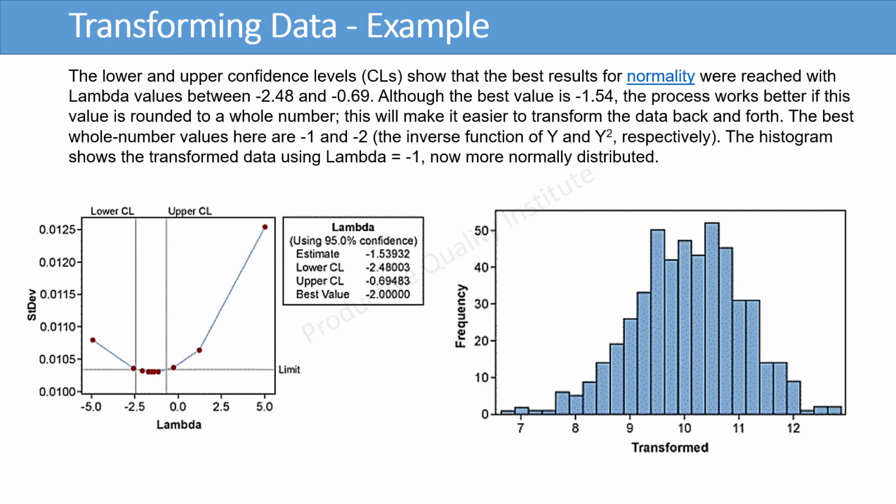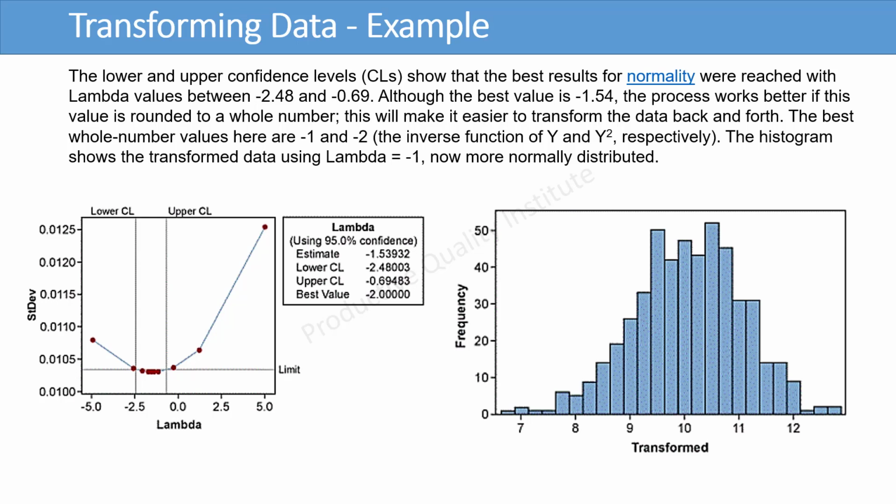The lower and upper confidence levels, CL, show that the best results for normality were reached with lambda values between -2.48 and -0.69. Although the best value is -1.54,